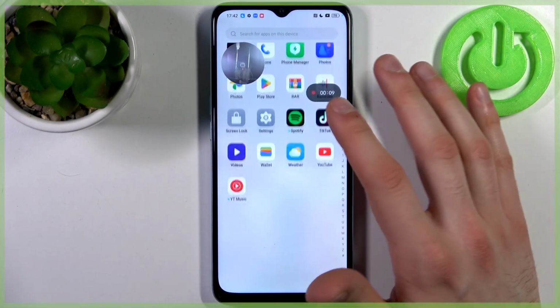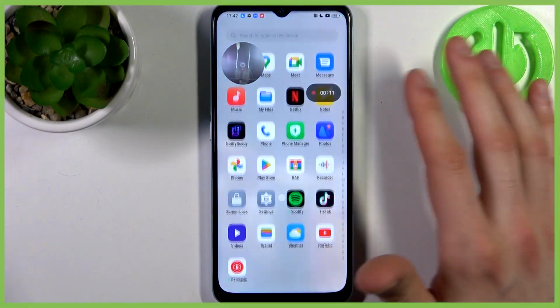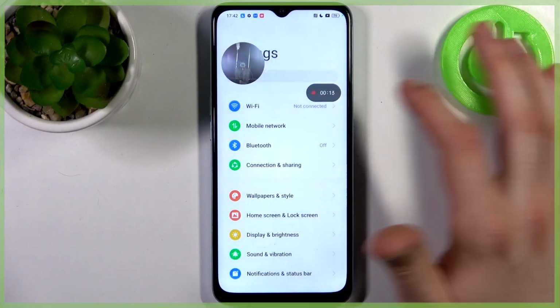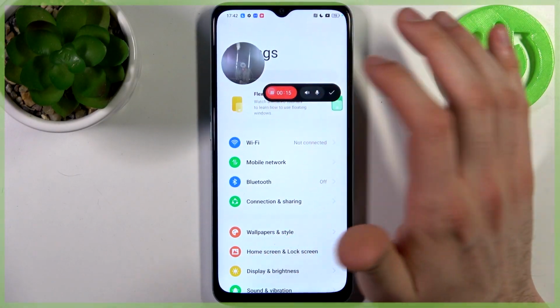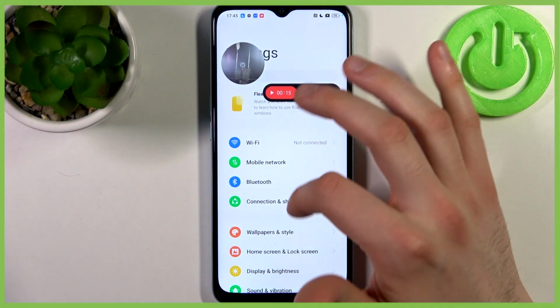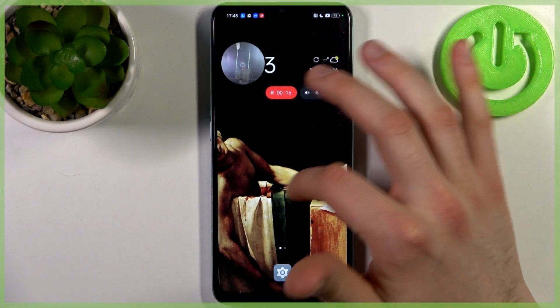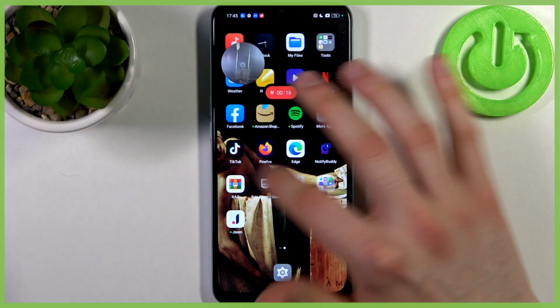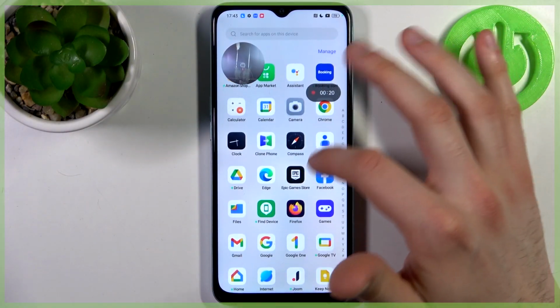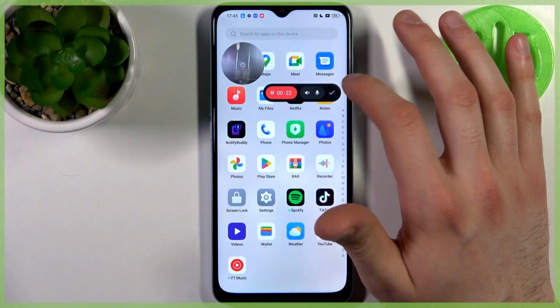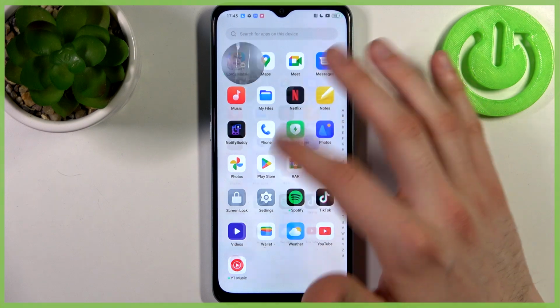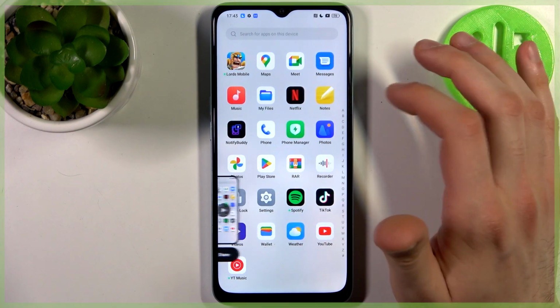That's how you record something, whatever you want. You can also pause your recording by tapping on this red button here. Then you can play it again and continue recording. When you're done recording, just tap on this tick icon here, and after that recording will be saved